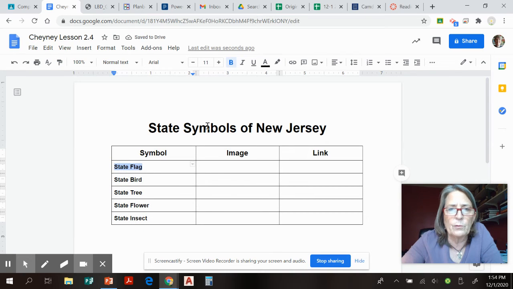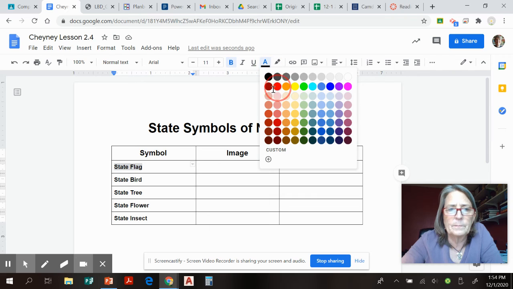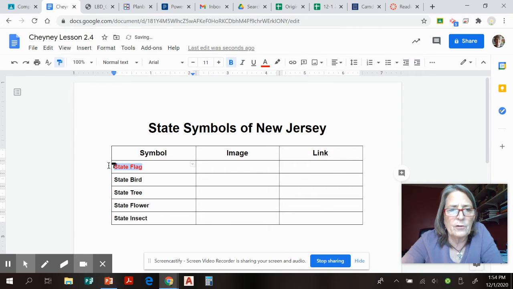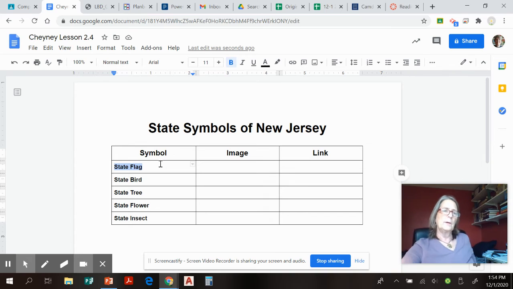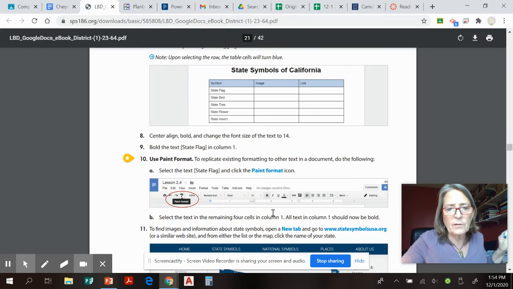So for example, if this was red, and I went to the paintbrush and went over the other ones, they would turn red. See? So whatever the first one you pick is, the other words will assume the characteristics of the first one that you selected. Okay, let's move on. So the next instruction